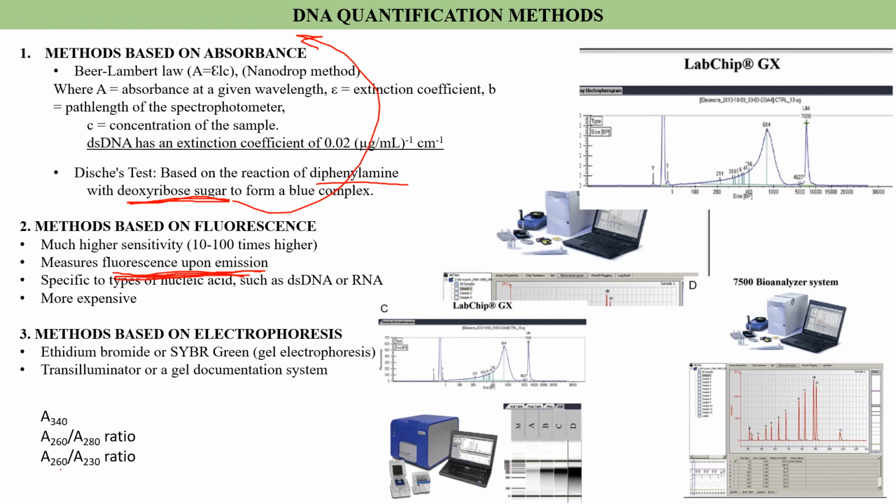I have mentioned here the A260/280 and A260/230 ratios. It is these ratios that we use to quantify our DNA and RNA. So 260/280 is for RNA, while 260/230